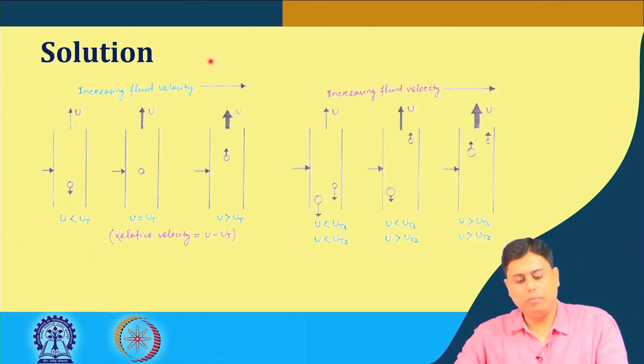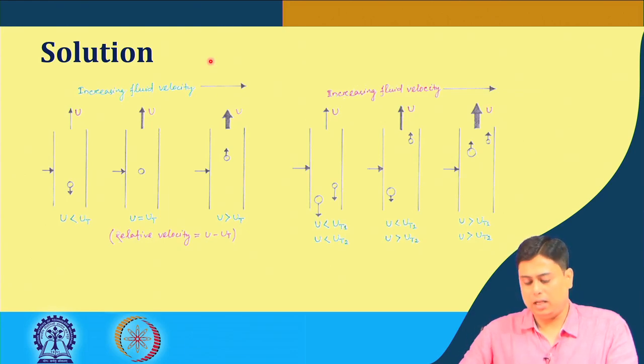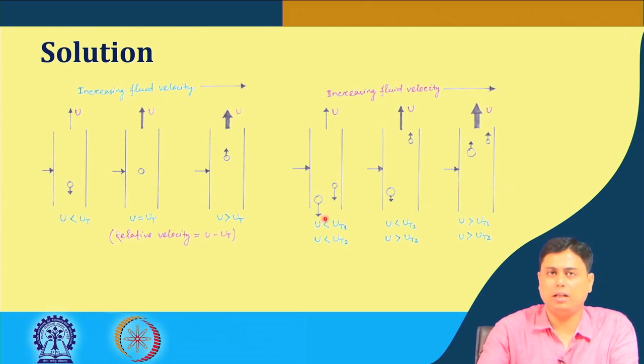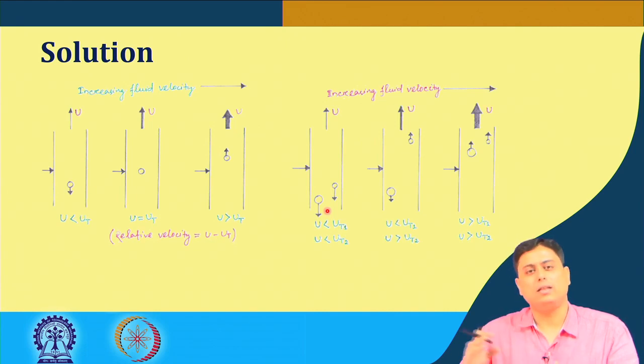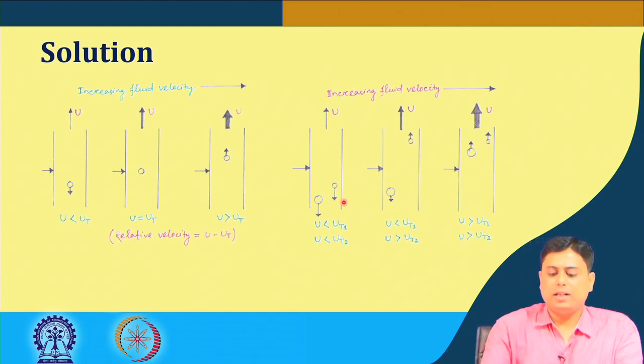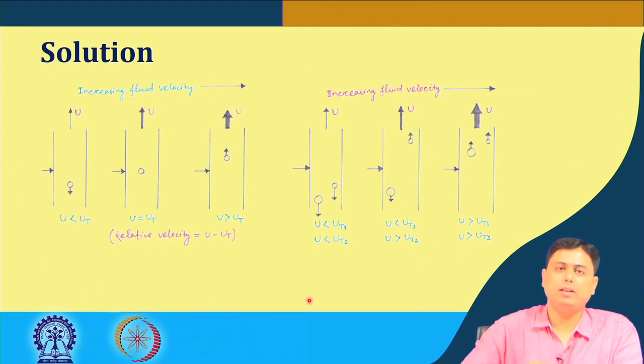Now the scenario is complex when there are multiple particles. So here what has been asked is, let us say we have two different particles of two different densities. Quite obviously there will be different terminal velocities, a range of terminal velocities depending on the size as well as the density. Here, in a similar scenario, let us say the two extremes are uT1 and uT2, and the fluid velocity is lower than both of them. Then what will happen? All the particles will settle.